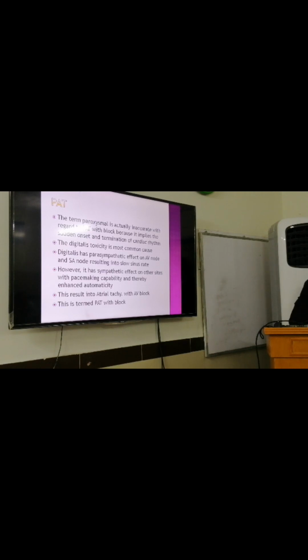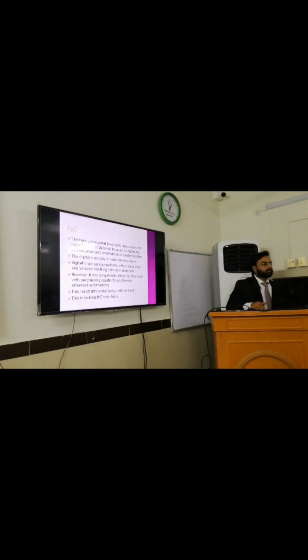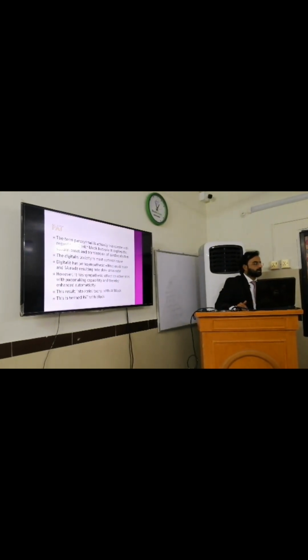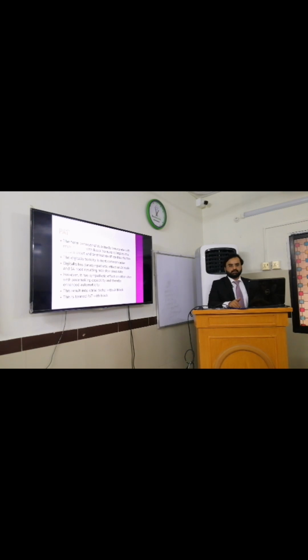So why does digitalis toxicity cause PAT? Here it's explained because digoxin has a parasympathetic effect on the AV node and SA node, resulting in a slow sinus rate. Why do we start digoxin in a patient with cardiomyopathy or atrial fibrillation? Because it decreases the heart rate. It acts upon the SA node and AV node, and hence it decreases the heart rate because the conduction is done through the AV node and SA node. So it primarily reduces the heart rate in patients with atrial fibrillation. While at the same time